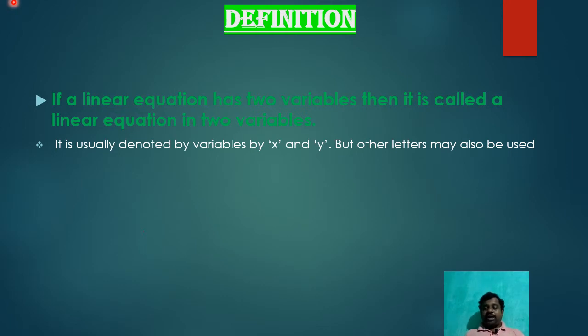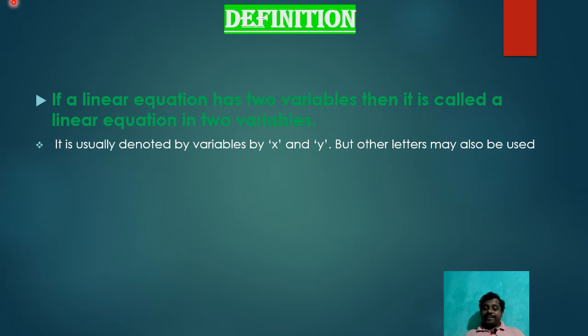What are unknown quantities here? The cost of 1 kilo of potato and the cost of 1 kilo of tomato are unknown quantities. But for our writing simplification, we can use